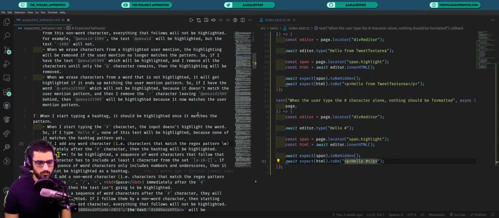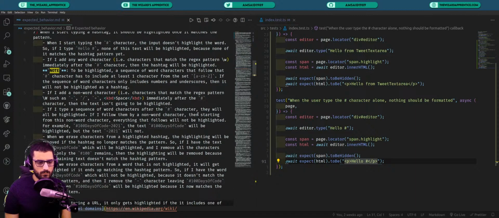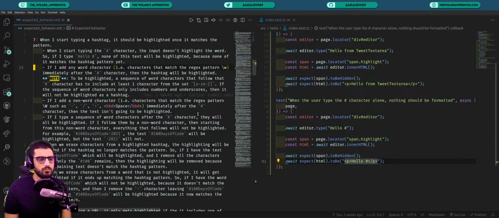If I add any word characters, okay, so yeah, this point here talks about what happens. For hashtags to be highlighted, they have to follow a specific regular expression pattern. We're going